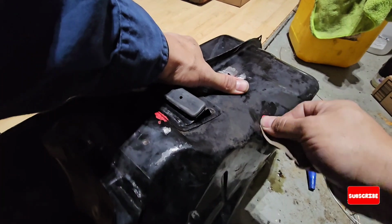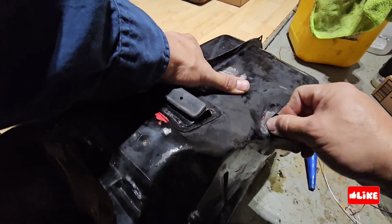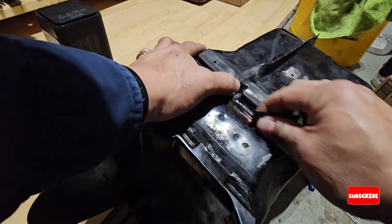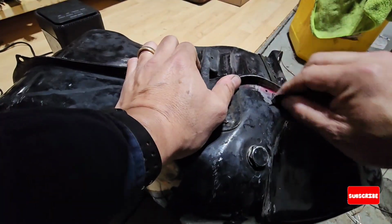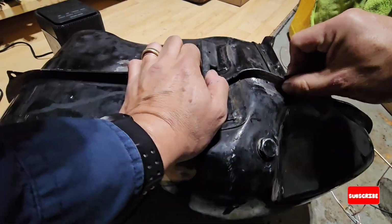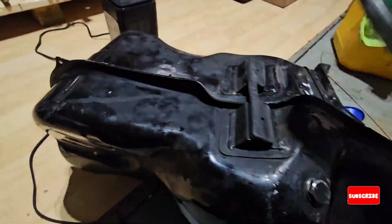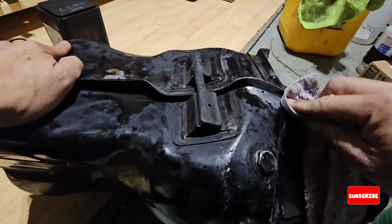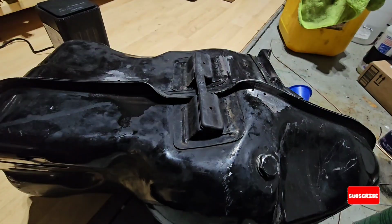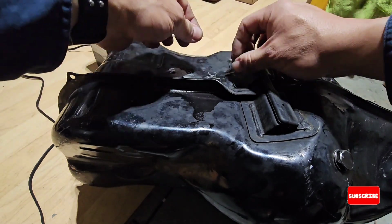So what I think is they are clogged from inside with all the slush from the gas. What I'm doing right now is just cleaning the area, and what I will do is to clean correctly, remove all the grease, the dirt, and I will just clean with brakes cleaner. Once it's clean, I will do a mix with cloth, and I will put some